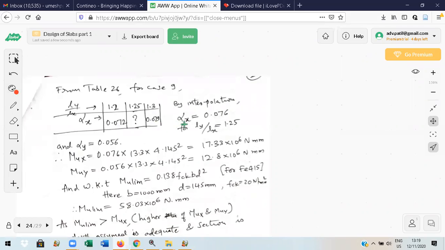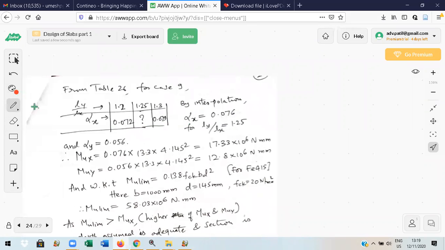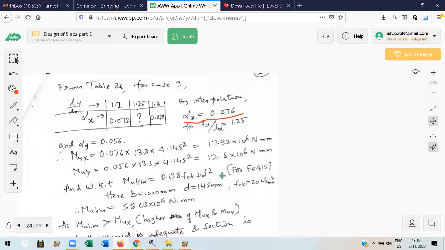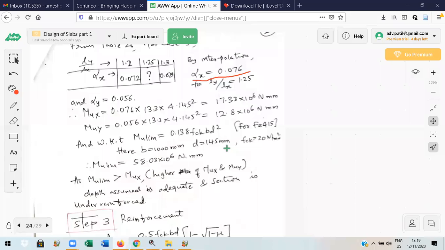You have to do it actually. You should interpolate it. This is interpolation. Now look at this number. It should be in between these two numbers. So 0.076. Once you understand this one,